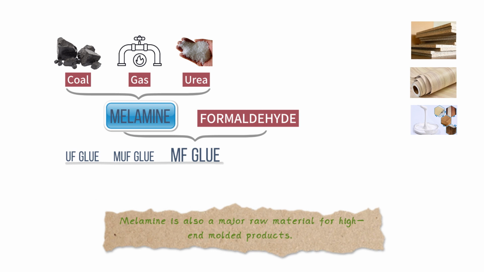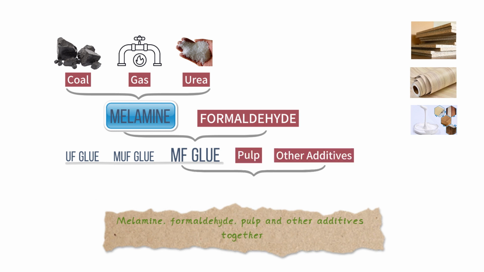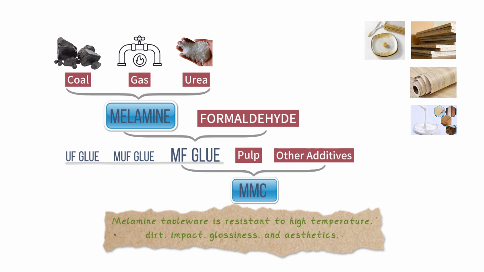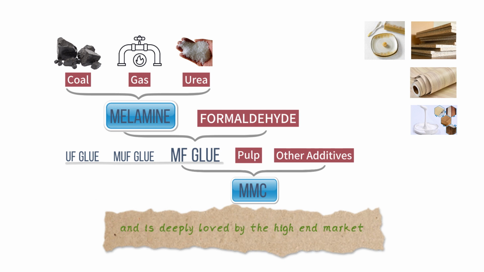Melamine is also a major raw material for high-end molded products. Melamine, formaldehyde, pulp and other additives together can produce melamine molding compound, short name MMC, which is used to produce excellent tableware. Melamine tableware is resistant to high temperature, dirt, and impact, with good glossiness and aesthetics, and is deeply loved by the